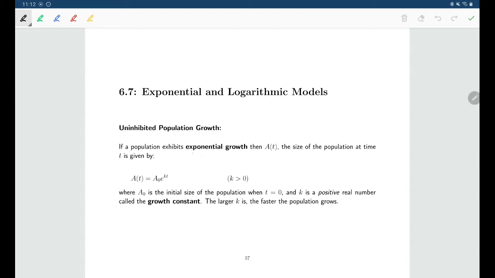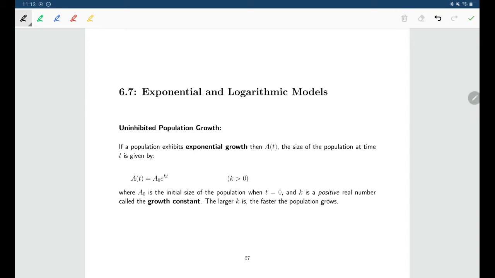If we say that there's a population showing exponential growth or obeying the law of uninhibited population growth, uninhibited meaning that there is no maximum size to the population, that the population can keep growing and growing in size, then we'll have a function which should follow an exponential sort of curve. That A(t), the number of things in this population at time t, is A0, our initial amount, multiplied by e to the power of k times t, where t is time and k is what's called our growth